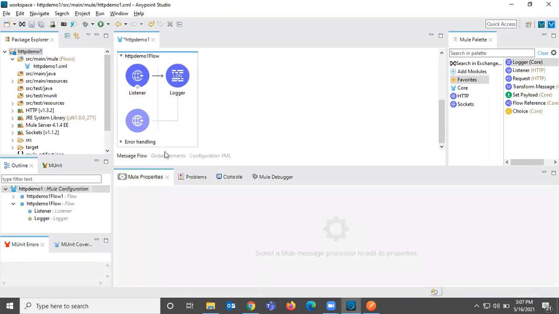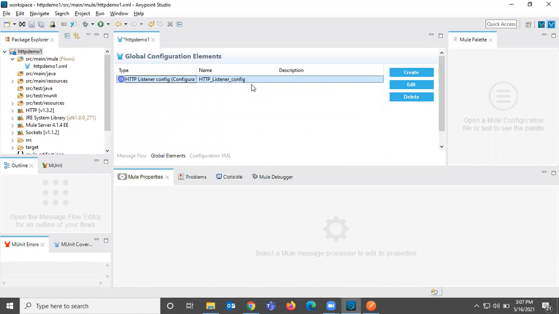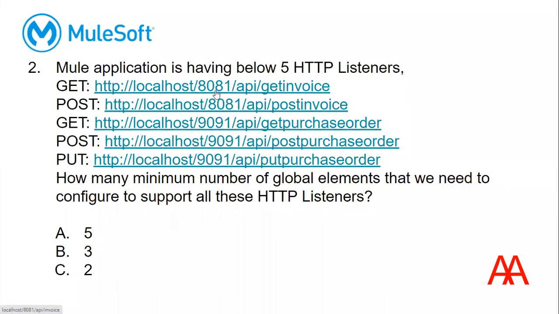So still we are using only one HTTP global configuration, meaning one connection per port. We have two different ports, so we need only two global configuration elements.